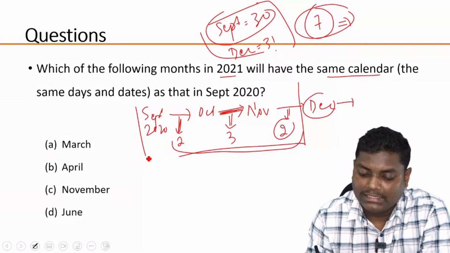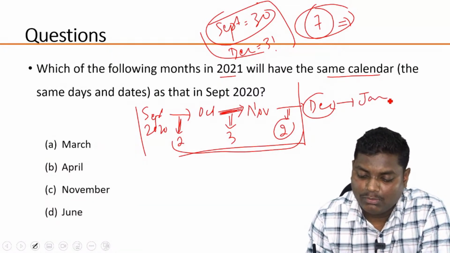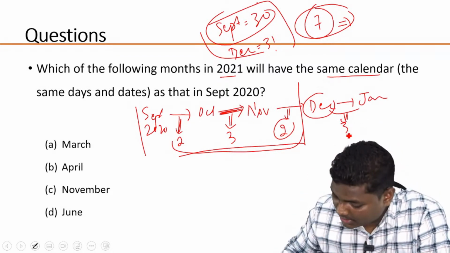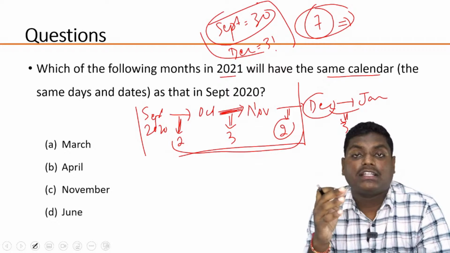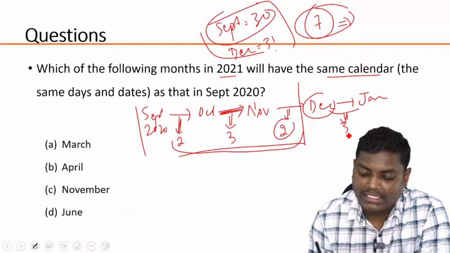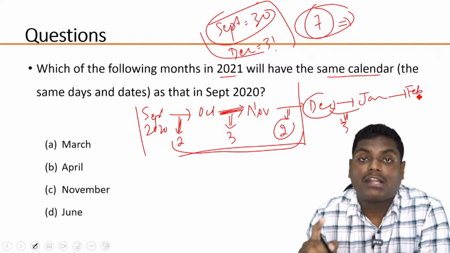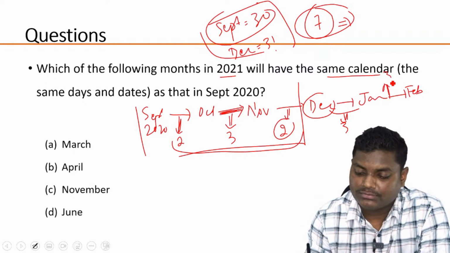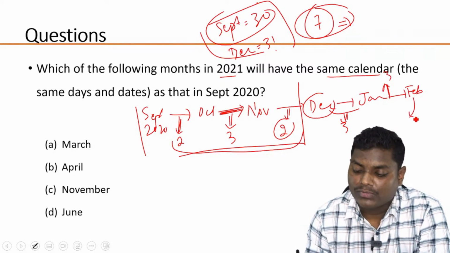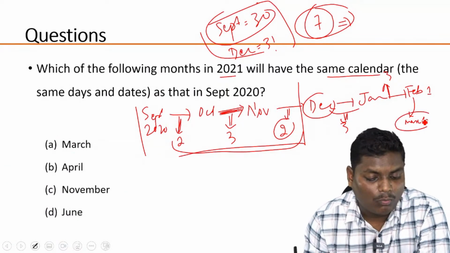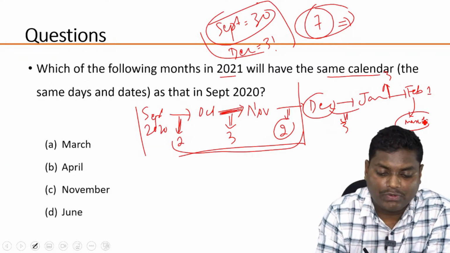So from December to Jan, you'll be having again 3 days, December 1st to Jan 3rd. It's taking time because I'm explaining it, but otherwise you can do it quickly. From December to Jan, again 3 days. From Jan to February, again 3 days. Again, from February 1st to March 1st, since it is said to be 2020,